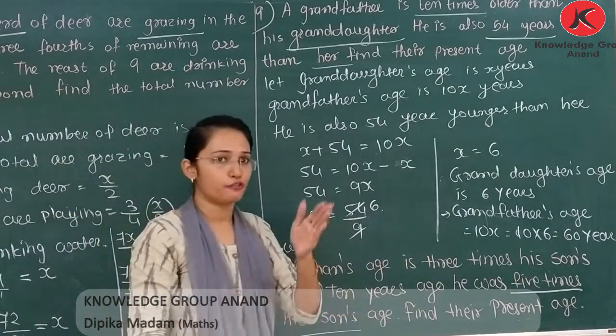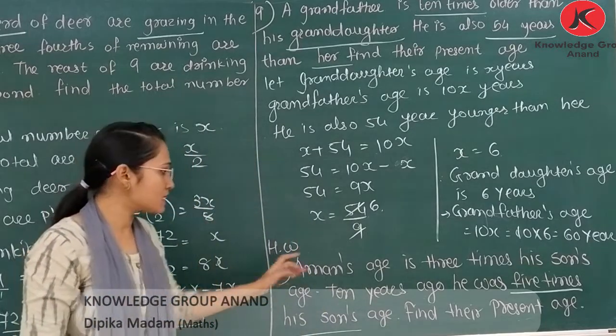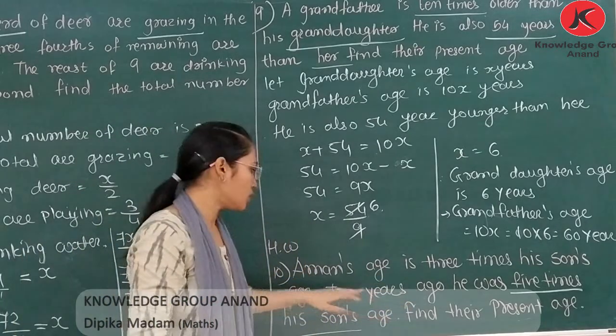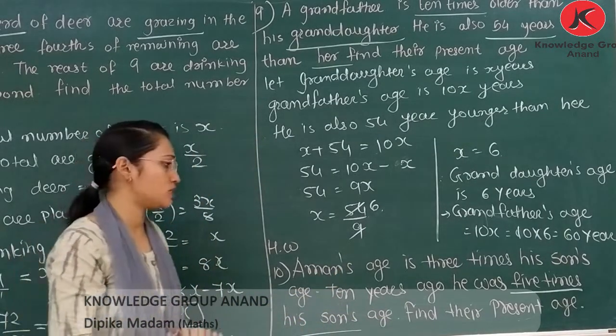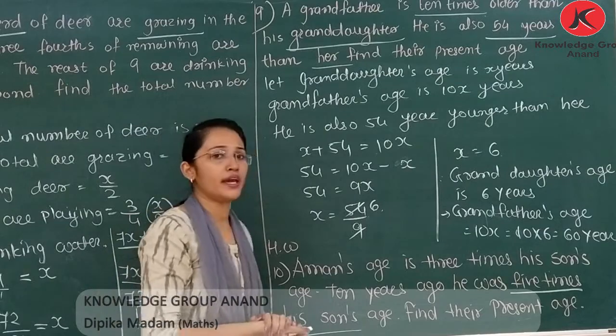On the son's age, that means 5 into bracket x minus 10 is equal to 3x minus 10. That is your equation, and if you solve the equation you will get the age of Aman and the age of his